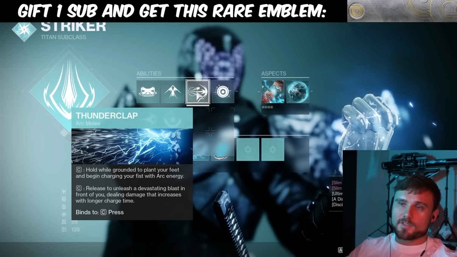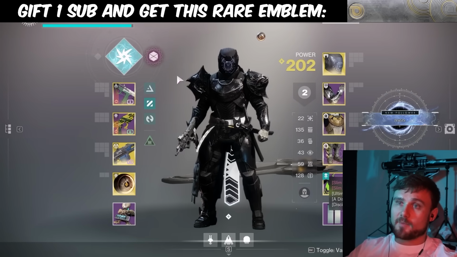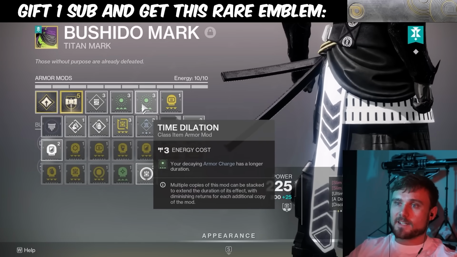The red bars, of course, it's always going to one-hit kill the red bars. But you want it to one-hit kill the majors. Honestly, if you got it powerful enough, you could probably one-hit kill champions with this thing. So strong. And then lastly, on the class item for this one, we were rocking double time dilation and a